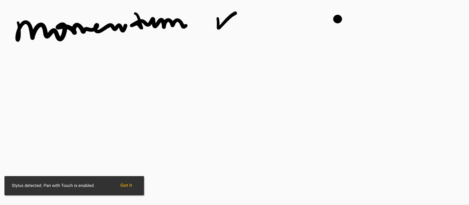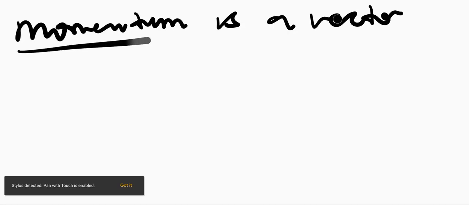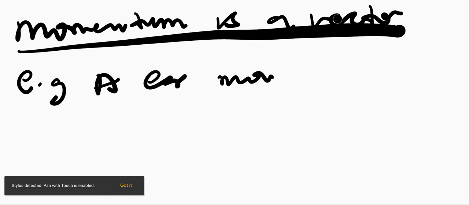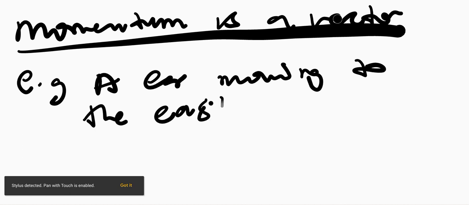So in the previous lesson, we showed that momentum is a vector, right? We showed that momentum is a vector. What does that mean? Let me show what that means. So, for example, if you have a car moving to the east, right? To the east,